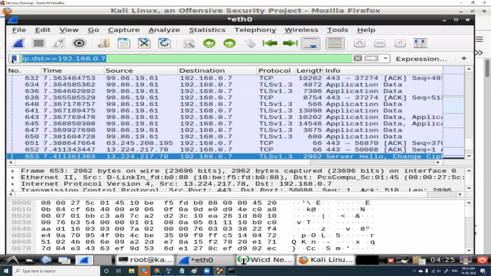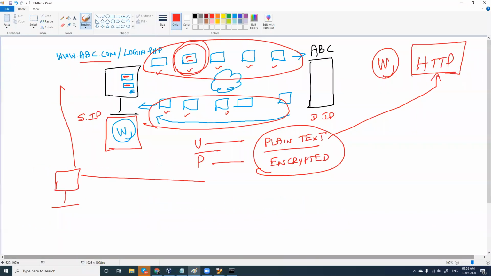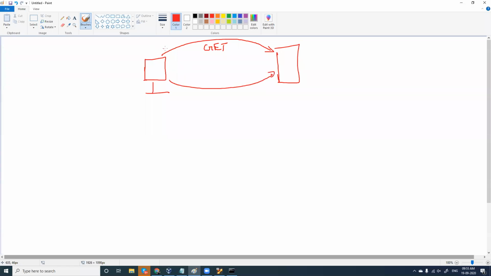And when it comes to websites, you have to understand this: it is all GET and POST. Fine. It is all HTTP methods, which are GET and POST. So whenever I want something from the website, I'm getting something from the website. And whenever I want to send something back to the website, it is going to be POST. So it is all GET and POST, whether you get something from the website or you send something back to the website. Right?